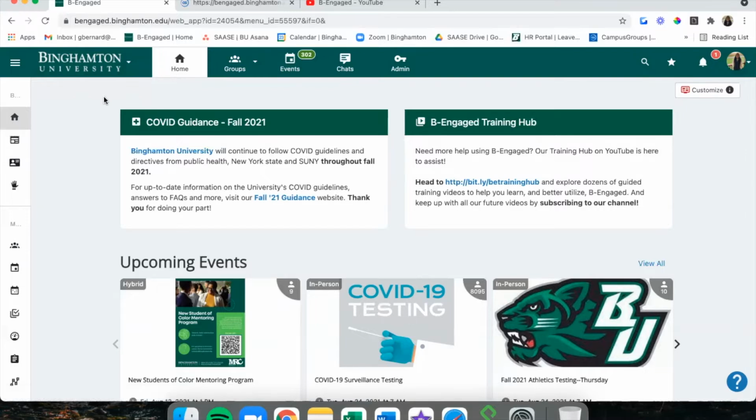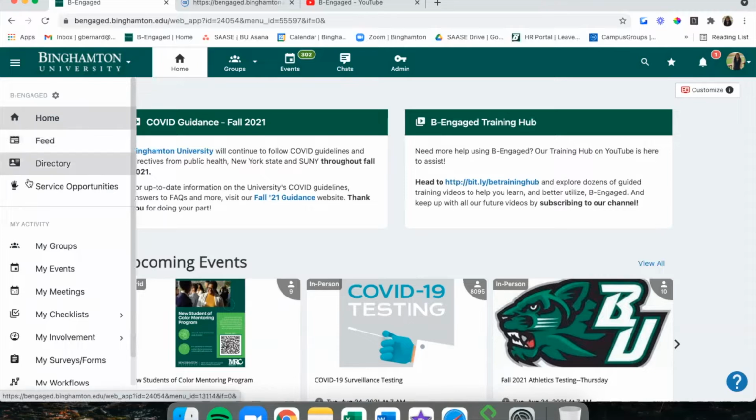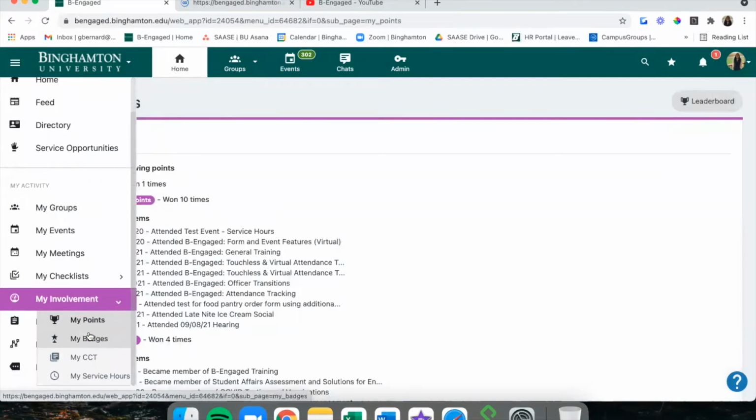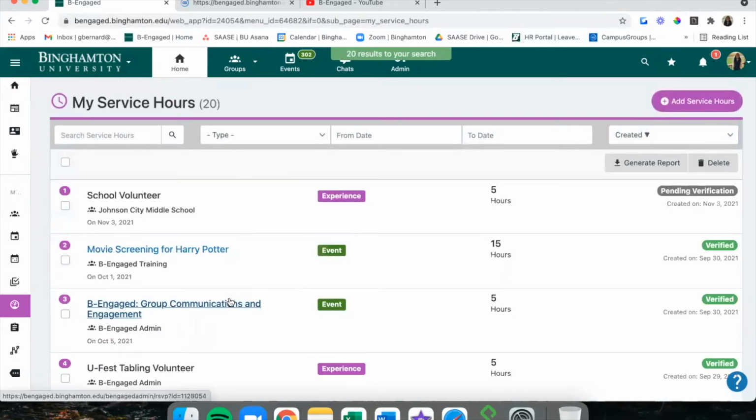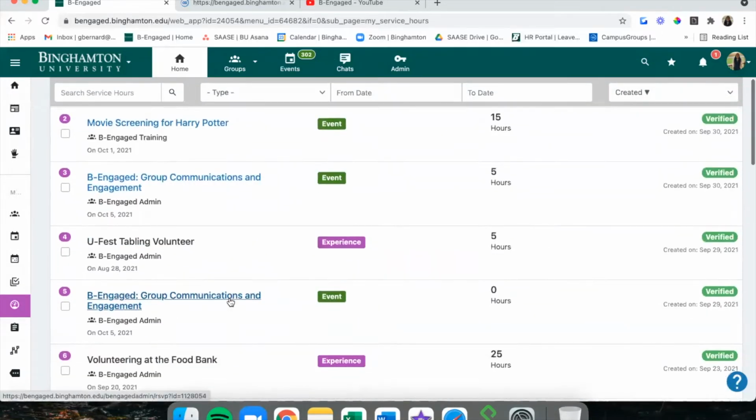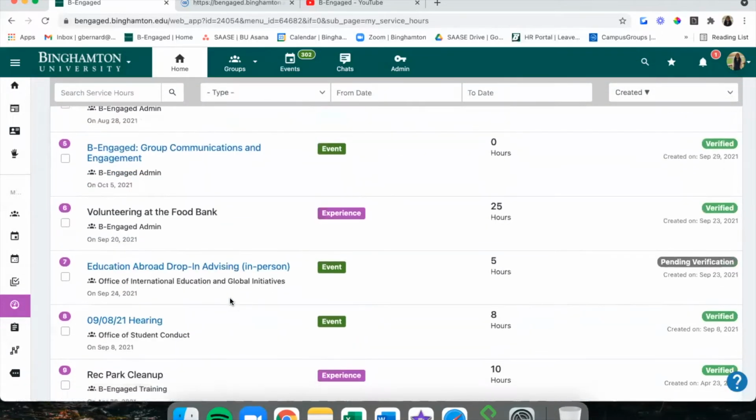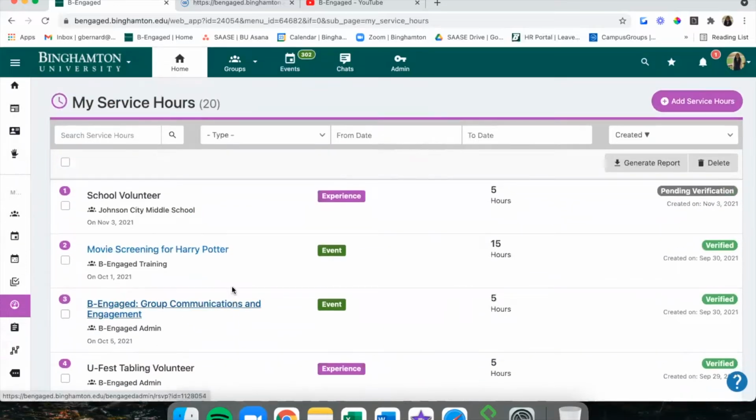So after logging into Be Engaged, if you head to this left-hand menu and click My Involvement, and then My Service Hours underneath that, you'll see a list of service hours here that I've already input into the system.